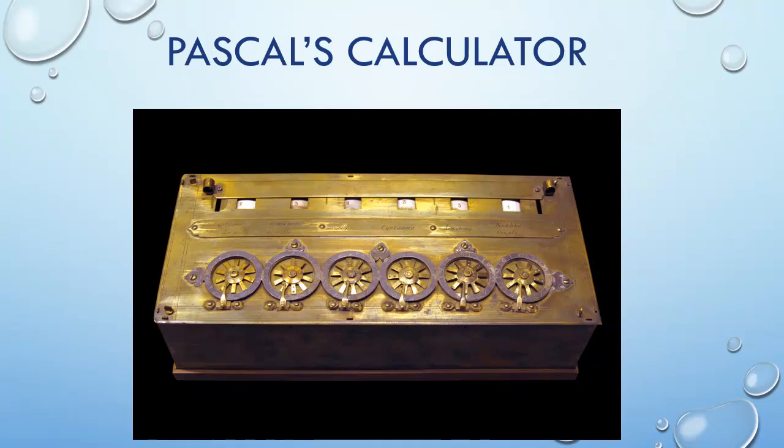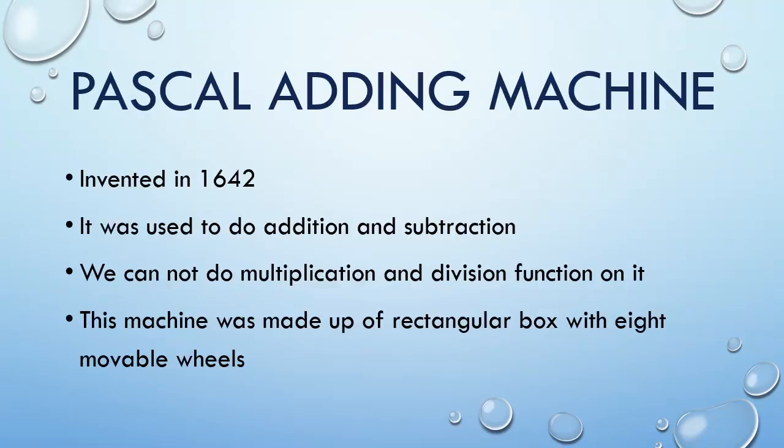Pascal's calculator. I'm showing the picture of Pascal's calculator and here are some important points about Pascal's adding machine. It was invented in 1642. It was used to do addition and subtraction. We cannot do multiplication and division on it. And this machine was made up of a rectangular box with 8 movable